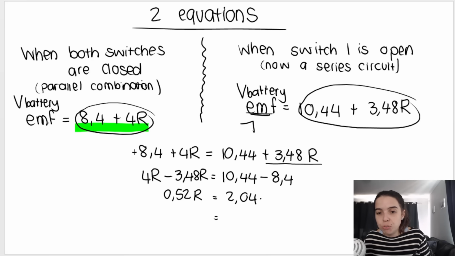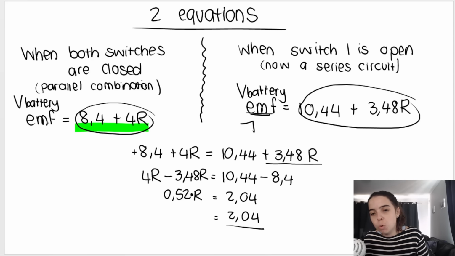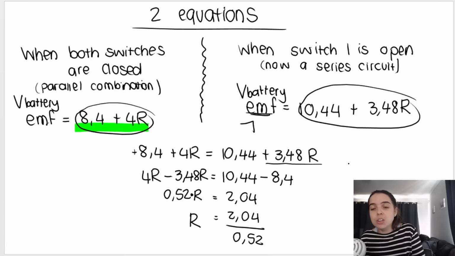Take 2.04 divided by R. So whatever's next to the variable goes at the bottom. That's how I remember it. 2.04 divided by 0.52. That gets me R. So R is therefore equal to, I get